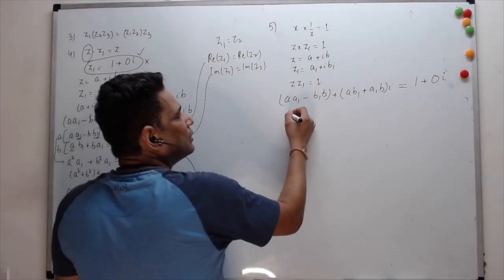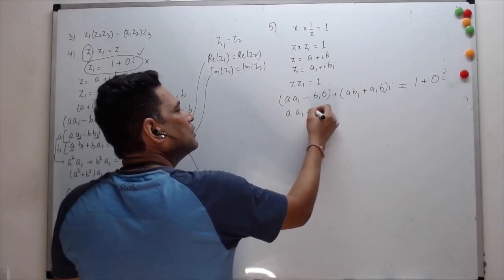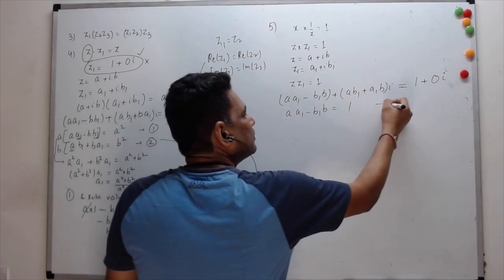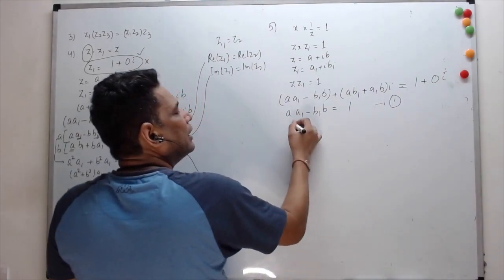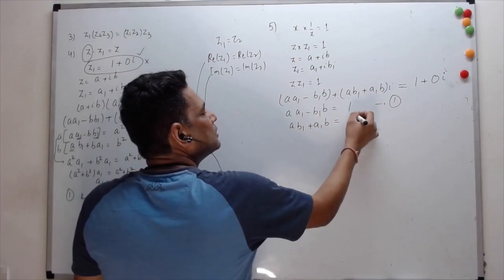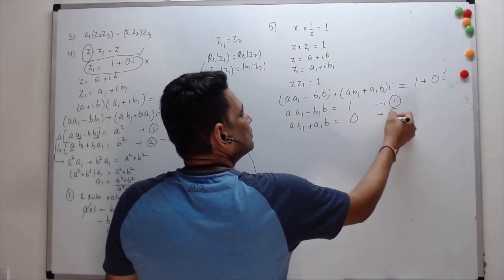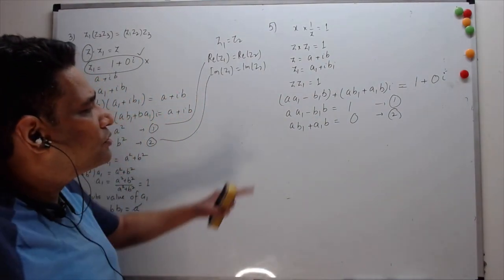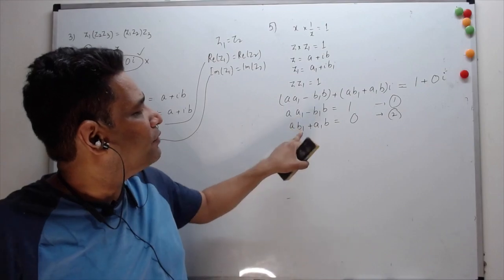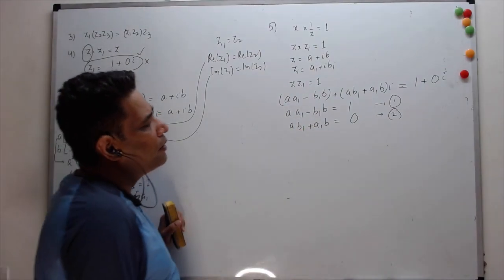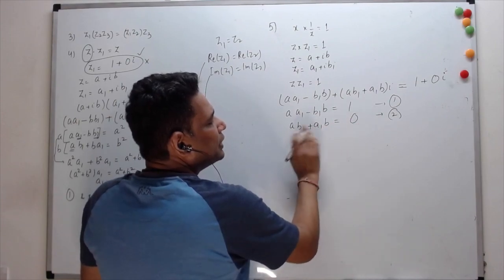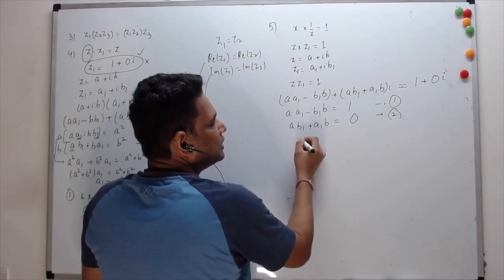So that gives me, yep, that would be 1. That's my equation 1. And ab1 plus a1b gives you a 0. That's your equation 2. And what we need to solve for is, we're looking for what is z1. So that means I need to solve for a1 and b1 again. So at least here I have a 0 over here, so I can transpose, and that makes it easier.